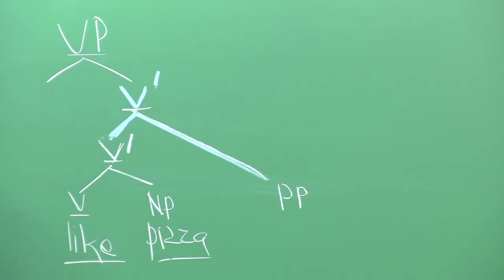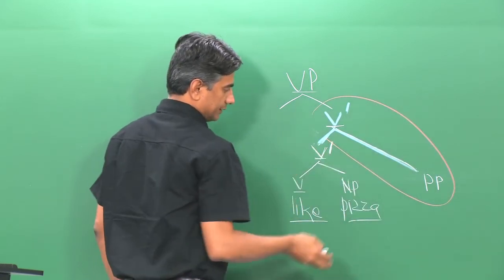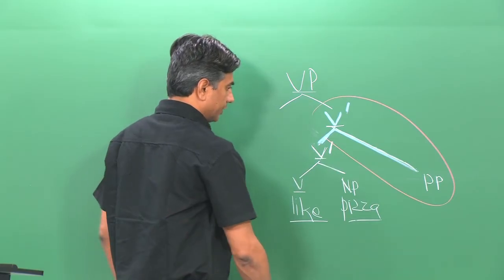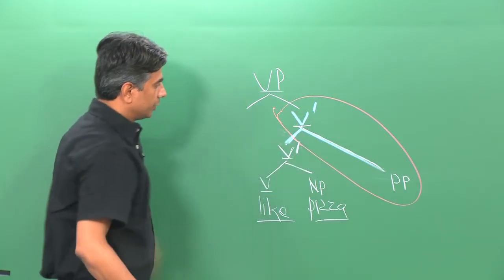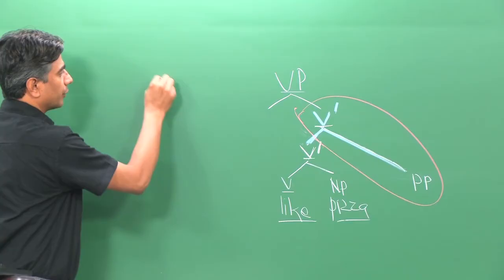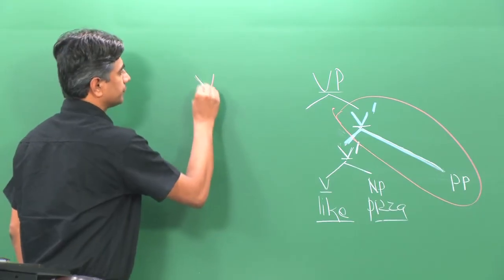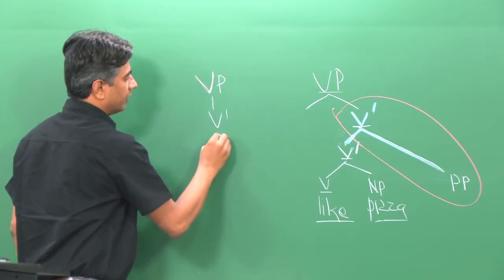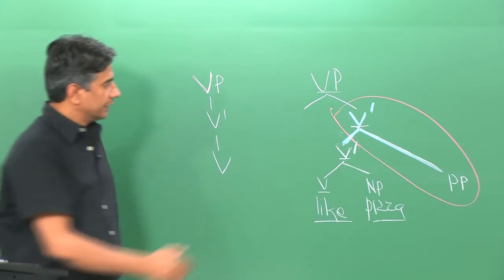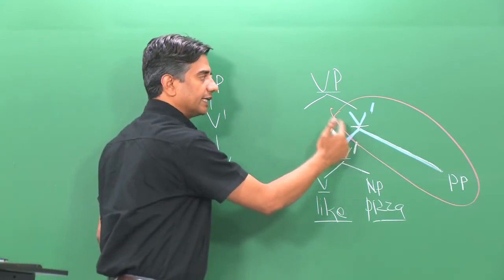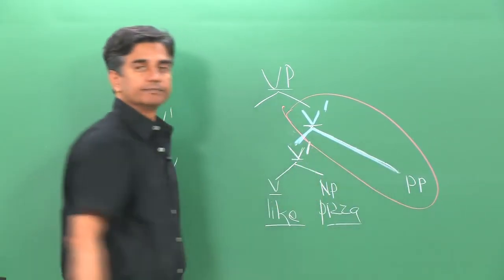If we try to remove this thing, then in that case we are still talking about VP, V bar and V. And introducing an additional V bar with the notion of binary branching, we are getting another space for PP.